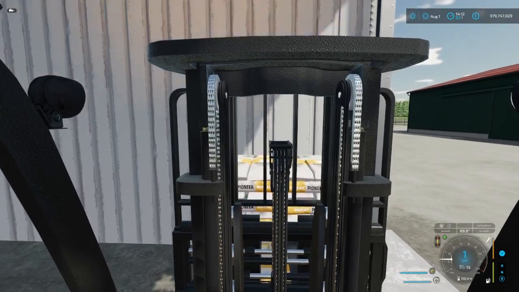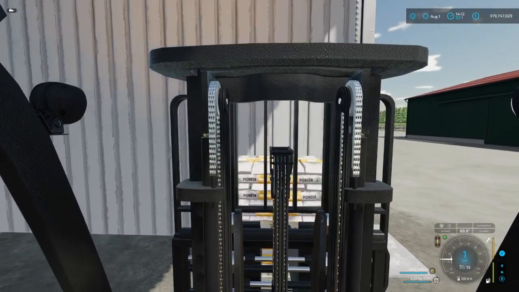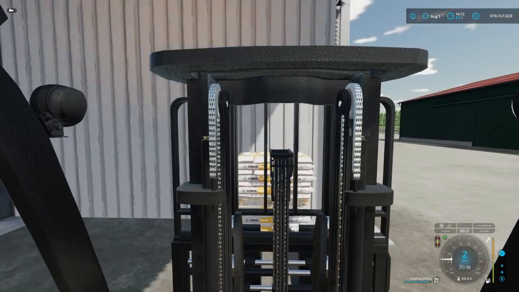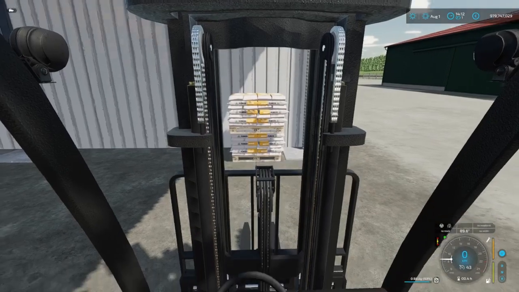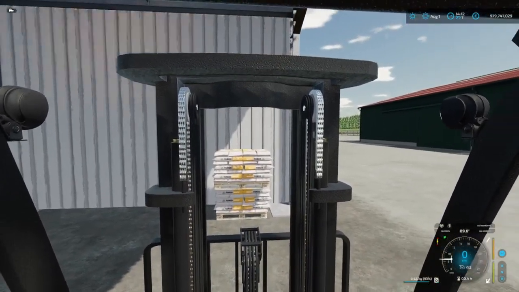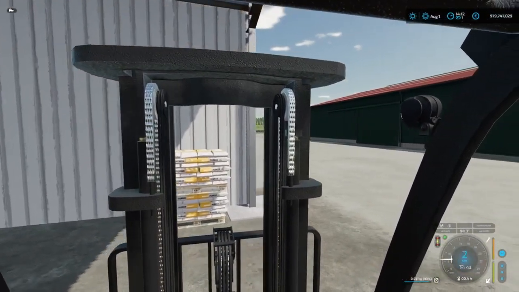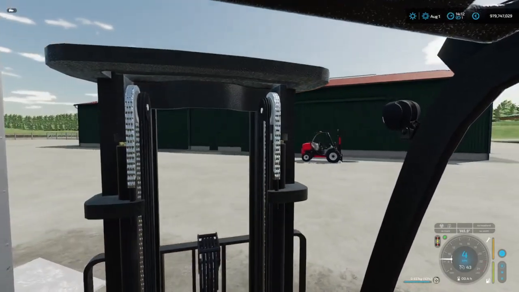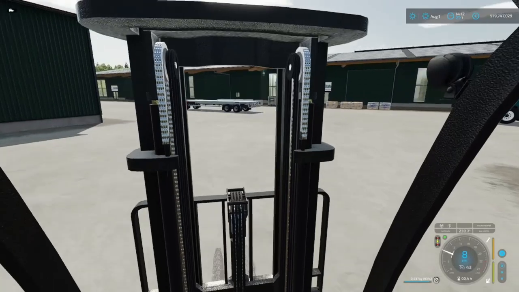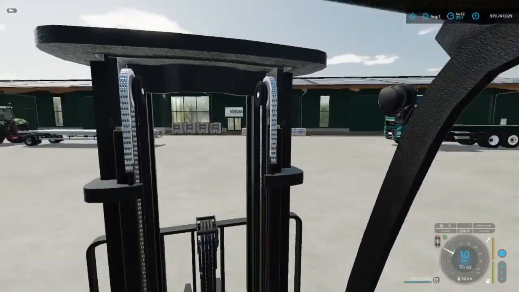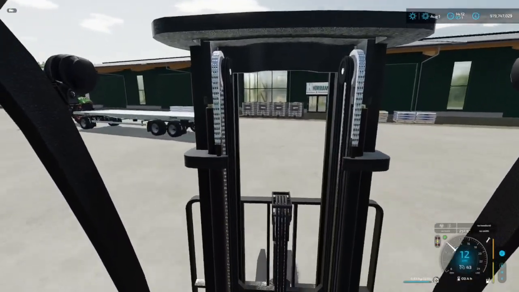And then slowly back out, and then I can lower the fork. Remember not to drive with the fork up or pallets up for too long. Okay, so one last thing to see with this trailer, with this forklift, is